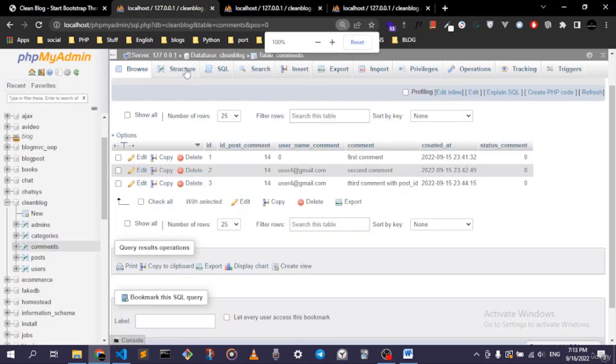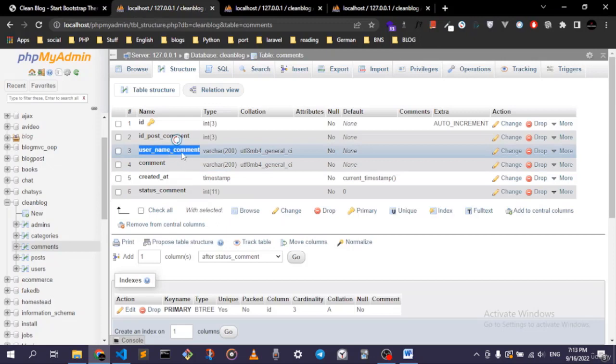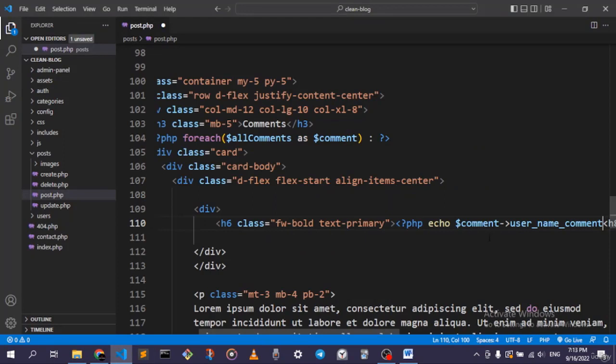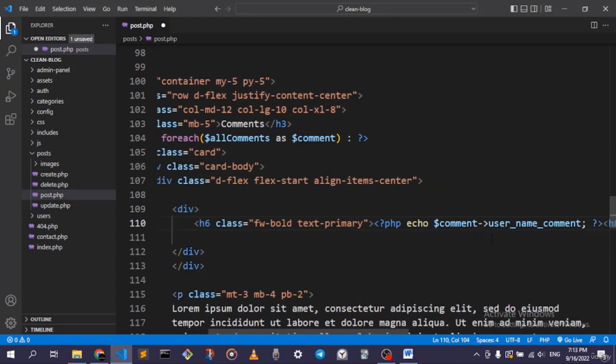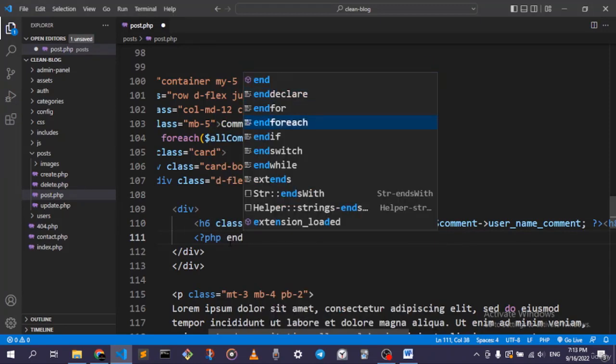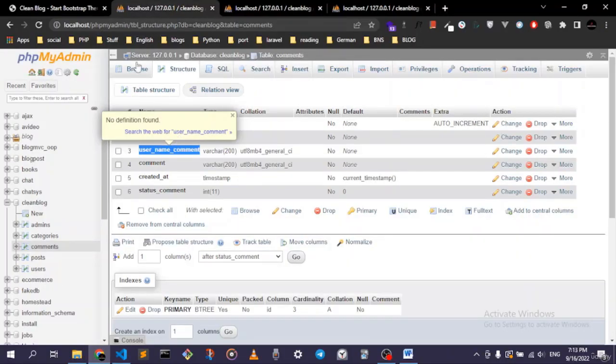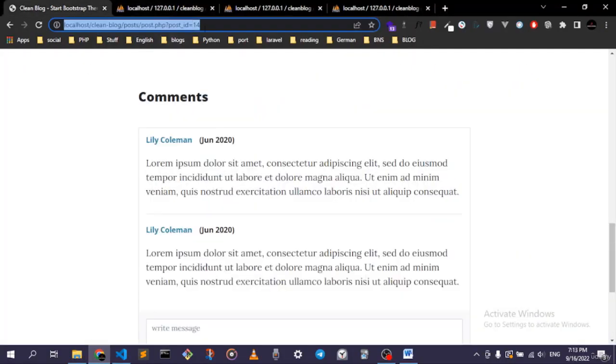Reset. So we just don't make any mistakes. There's no room for mistakes here. And let's close this, and let's end the for each. I want to only do this for now, and let's see if we get anything wrong, and now if we refresh this,